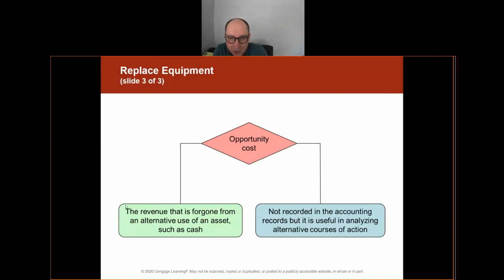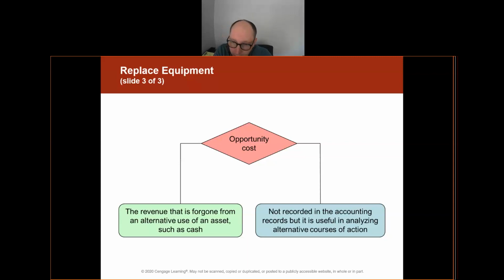And in making that decision, we look at this thing called opportunity cost. Hopefully, you've heard the term before, perhaps in your Introduction to Business course. Opportunity cost is the cost foregone. That's what the word opportunity means. It's the alternative cost that you forego. Revenue that is foregone from an alternative use of an asset, such as cash, is called